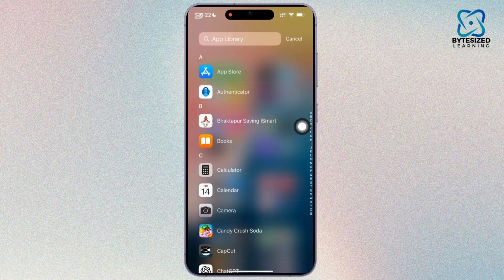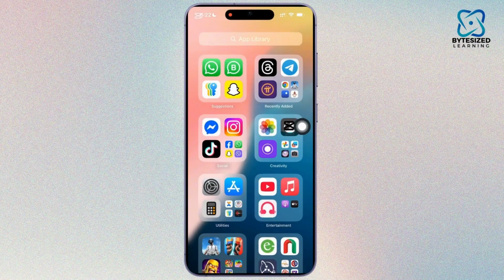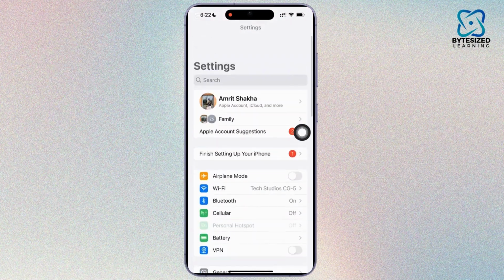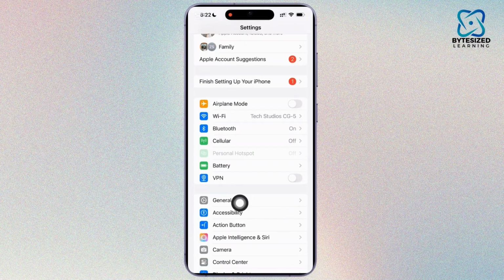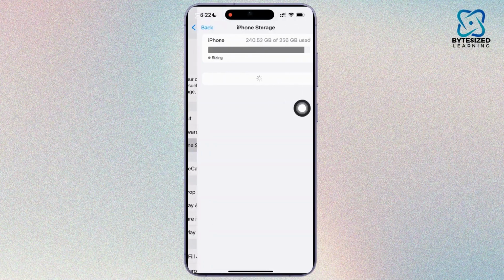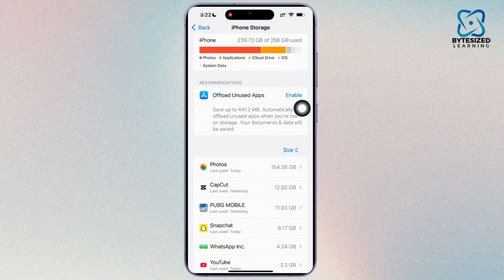And now for an extra step that can help, especially if an app is acting up, head straight into settings, and once you are inside the settings, simply tap on general. Now from there, simply go to iPhone storage, and this is useful even after updating because it clears out cache